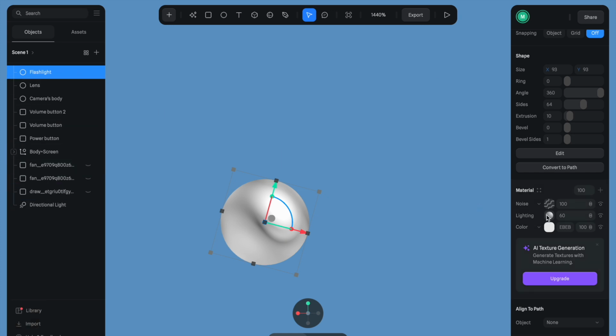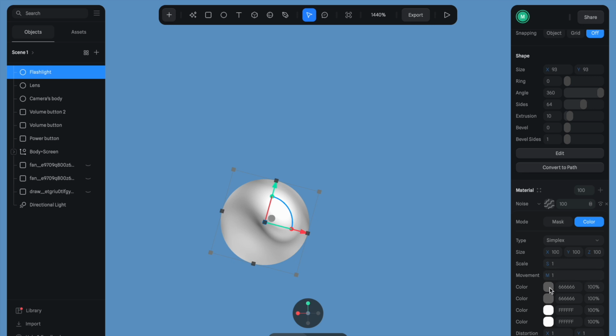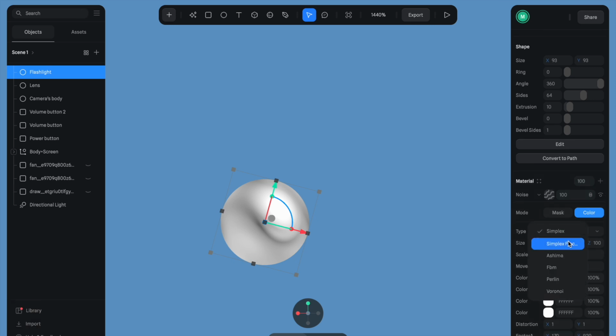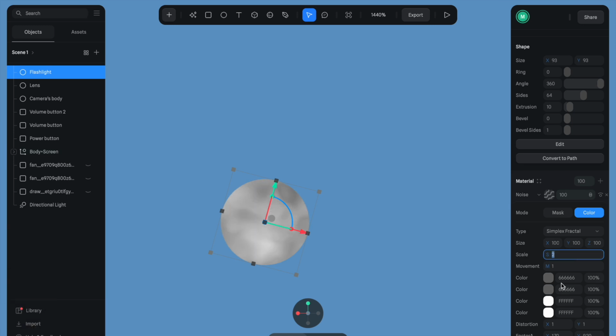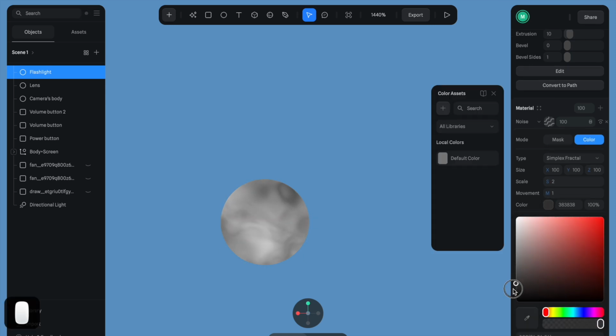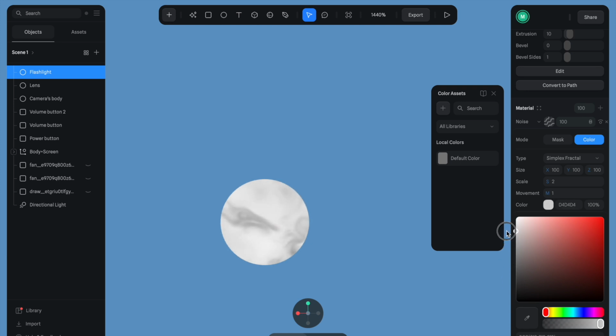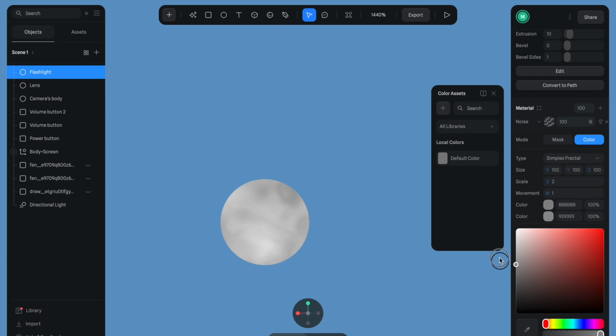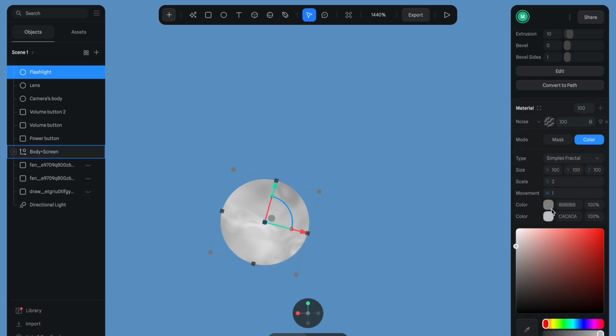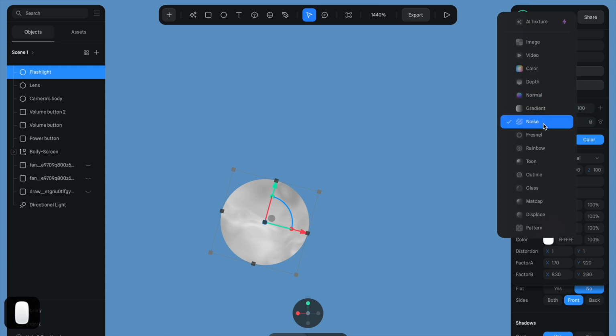So now we are on the flashlight and we have the noise, and then what we are going to do is this. There are different modes to use, simple, all of this here. So this gives a very similar case to a flashlight, right? So let's try to add and switch this up a bit to give it more vibes of a light, right? Yeah. So then we can also add